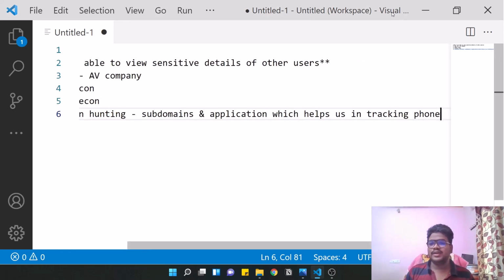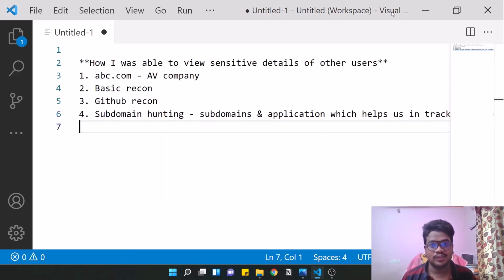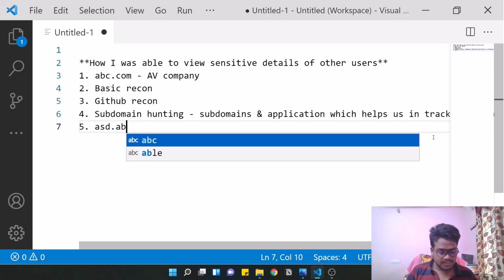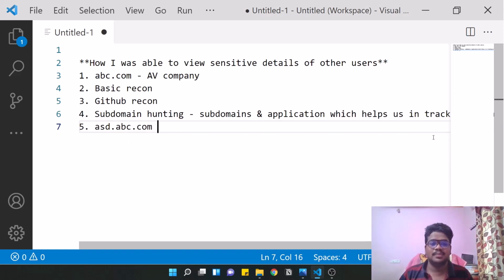You can consider it like a Google Find My Phone kind of thing. You simply install the application on your mobile phone, put in your account details, and give the location permissions, and that's done. One of the subdomains that I found is related to this application, which helps in tracking the phone if it is lost. So I logged into that particular domain. Let us think of it as ast.abc.com, for understanding purposes.